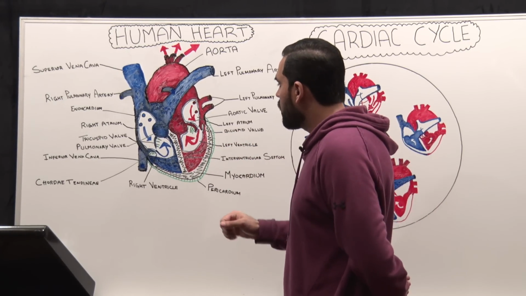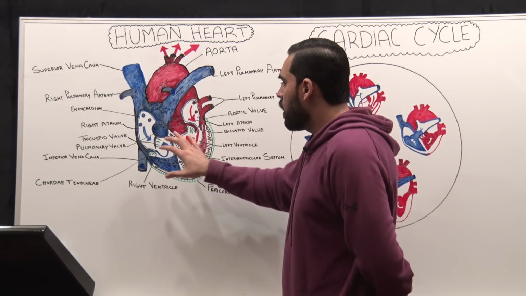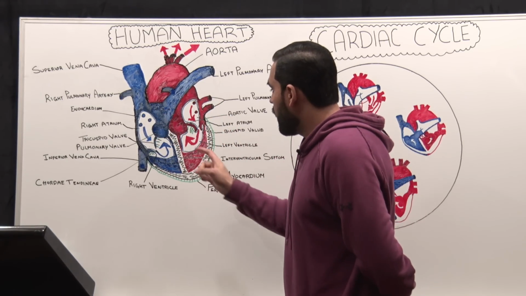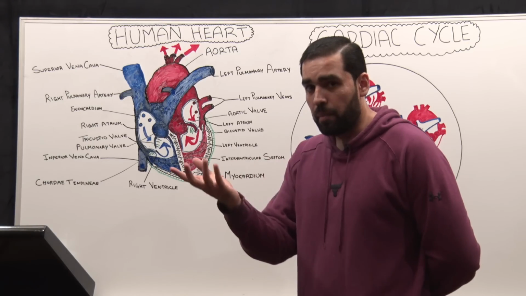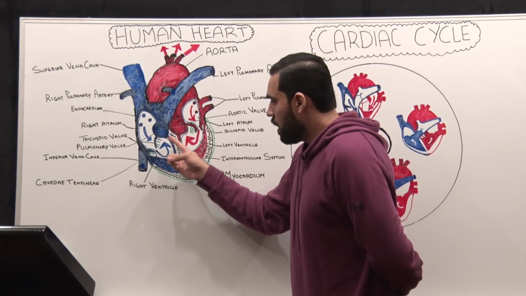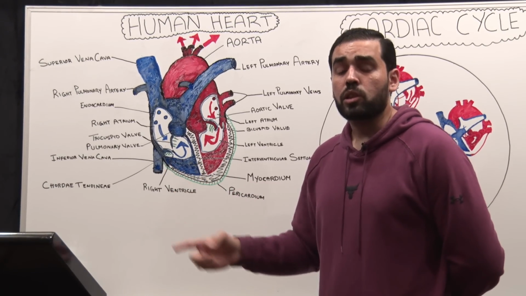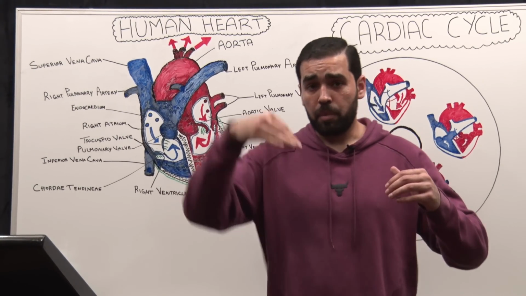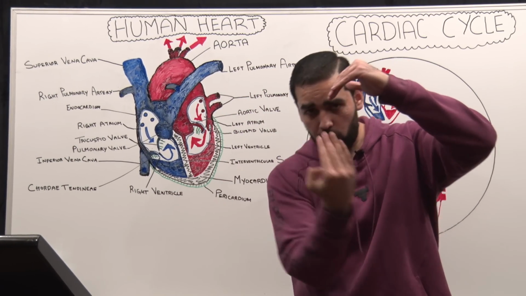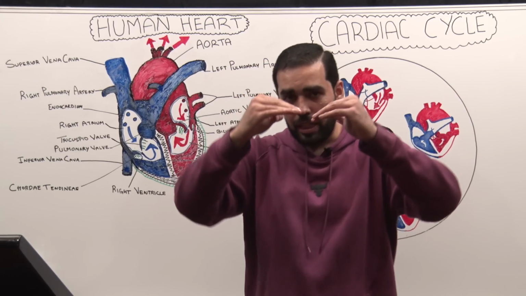Now, we are done with the 4 chambers of the heart. There's one more thing that I want to discuss that some people might not know. You know that I said that the valve separating the right atrium from the right ventricle is called the tricuspid valve because it has 3 cusps, one cusp like this, one cusp like this, and one cusp like this. So it's opening and shutting like that, right?